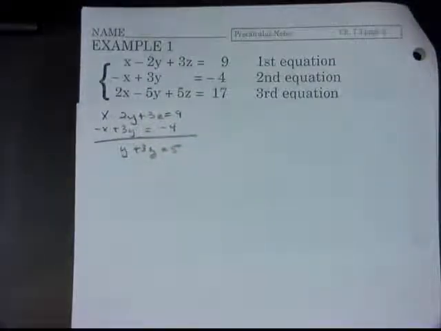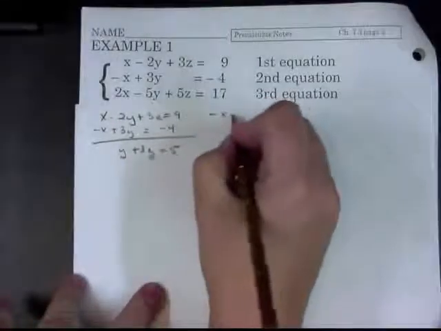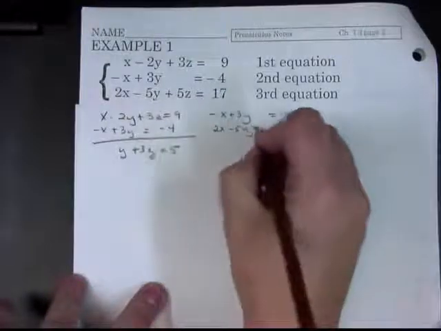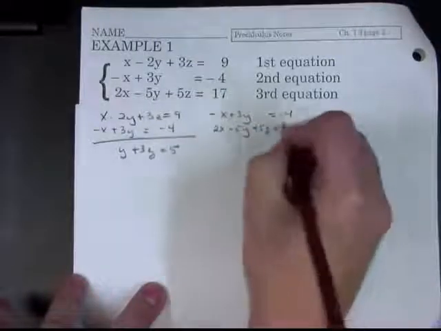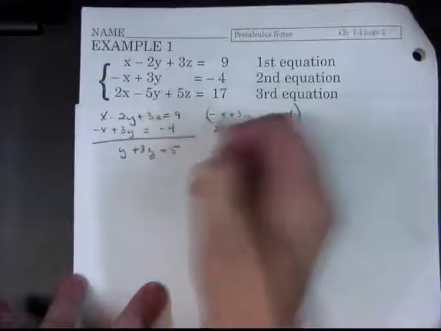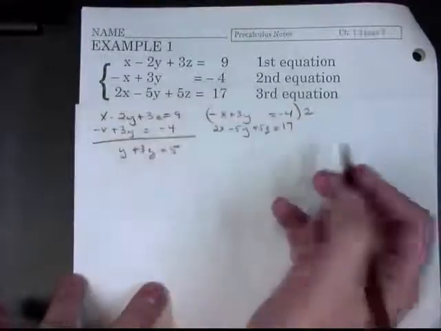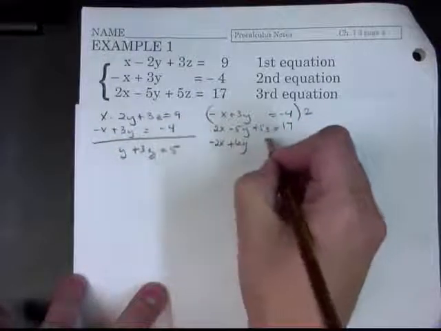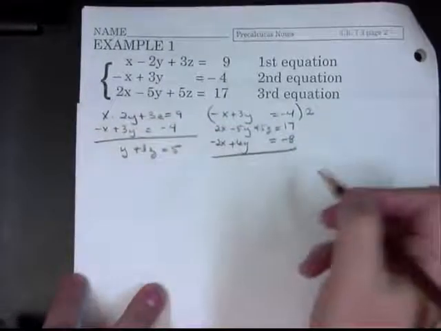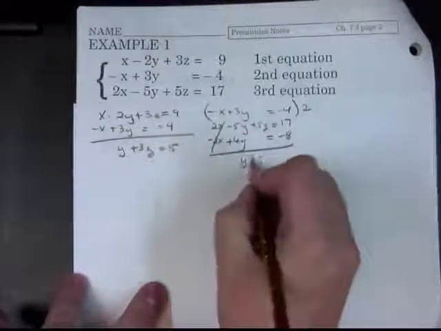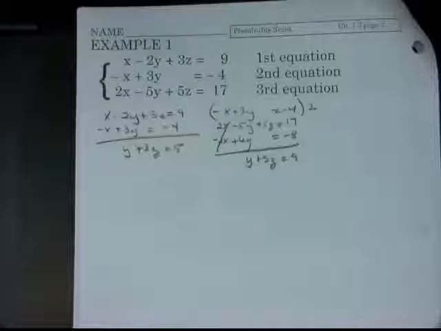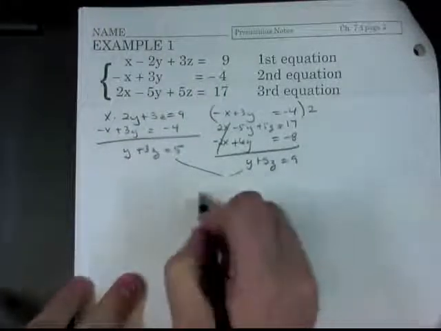Now if I pick equations 2 and 3, I need to multiply the top one by 2, the second equation by 2, so that I can eliminate the x value like I eliminated it in the first set of equations. So when I do this, I get y plus 5z is now 9. Now that I've taken 3 equations and I've eliminated them down to 2 letters, I can put these 2 equations together